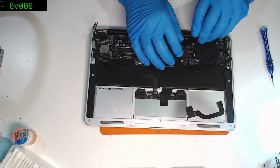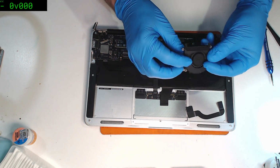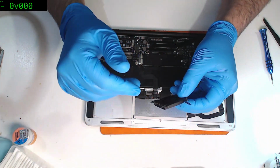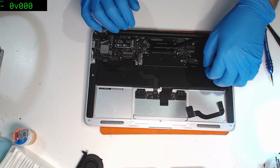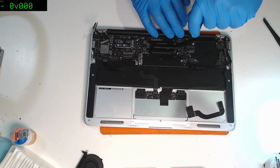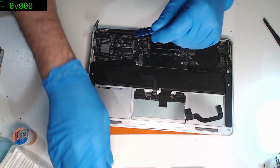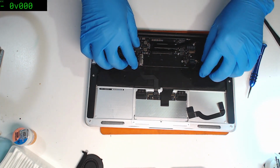Really didn't want to damage that camera connector. Last thing you want to do. Oh nice, I actually did this properly. You see they've just attached the rubber sealing type grommet onto the fan only, nothing else. It's a nice change. Normally it loops around the heatsink, and of course when they do that you forget about it right up until just before you're finished putting in the last screw, and then you have a bit of a crisis with yourself as you try to decide whether you ship that out incomplete, whether you do the right thing, pull it all apart